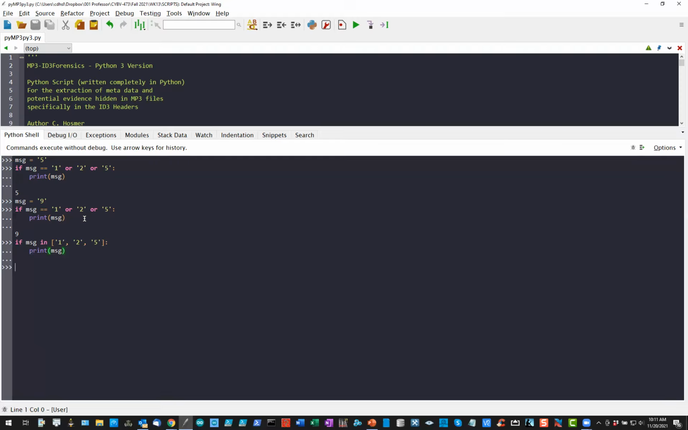So in this case, obviously it didn't work because the current value of message is 9. But if I said message equals 5, and then I rerun that, it comes back with 5 because 5 does exist in that list. So there's 2 different ways that you could do this. The OR method that you were using is fine, but to your point, you have to basically do the evaluation correctly. Otherwise, the reason is that